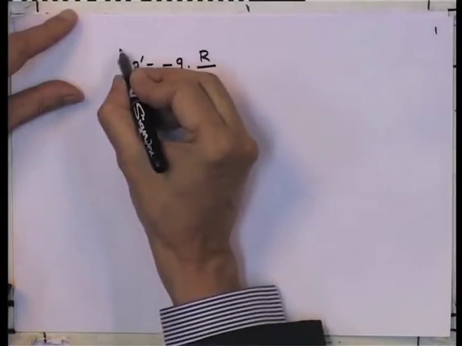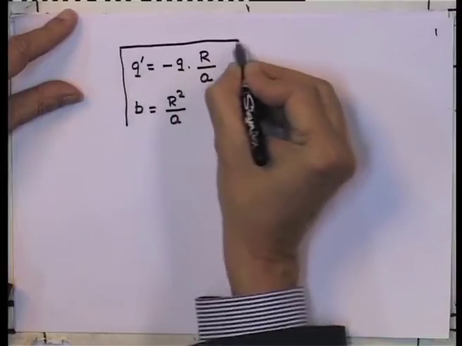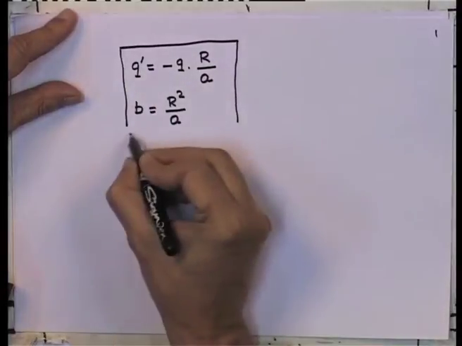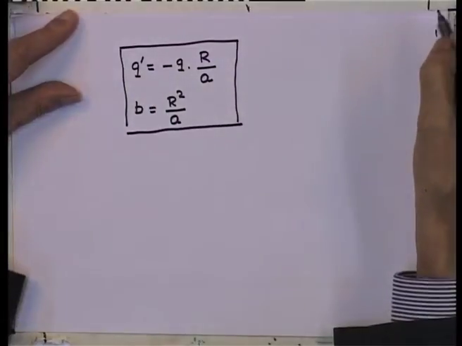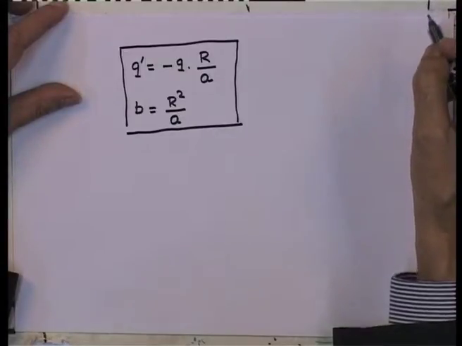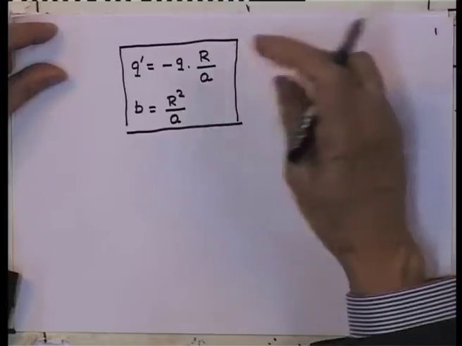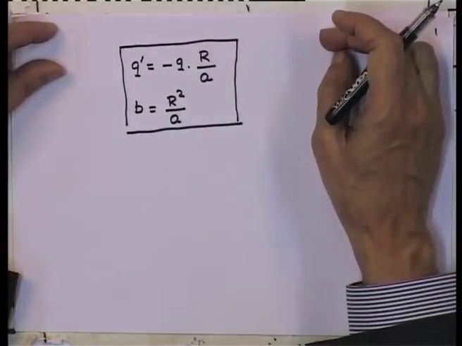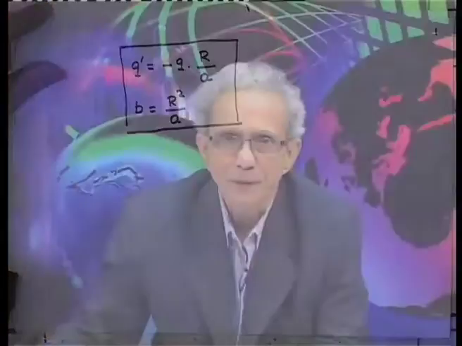So, this is basically what happens: there is an image charge located at a distance b, which is given by R square by the object distance, and of course, it has an opposite sign, and the magnitude of that charge is q into R by a. Now, this is what guarantees that the potential on the surface of the sphere is equal to 0.